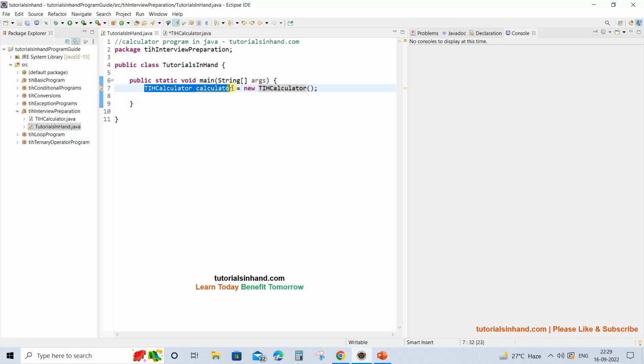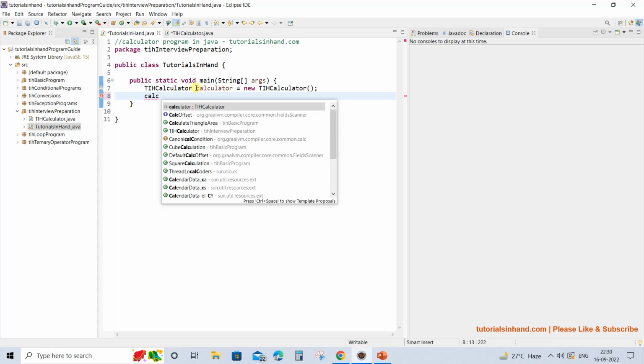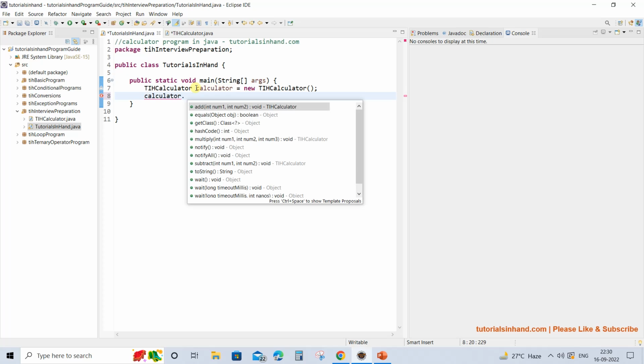You first create the reference. This could be any name. You can have it as cal or calc, whatever you want, but the naming convention should be really good, and calculator looks much better than any of the names that we had given earlier. So calculator is the reference, and once you have created the reference, invoke the constructor using the new keyword, and thus our object is created. And now we can use this reference calculator to call the methods by using the dot operator.